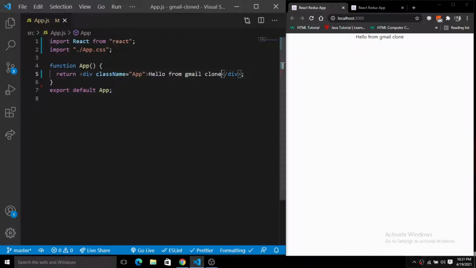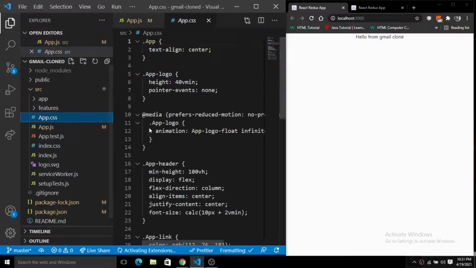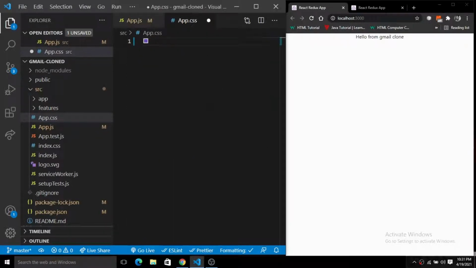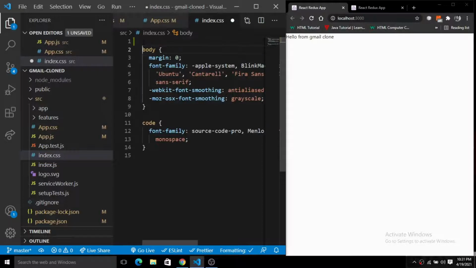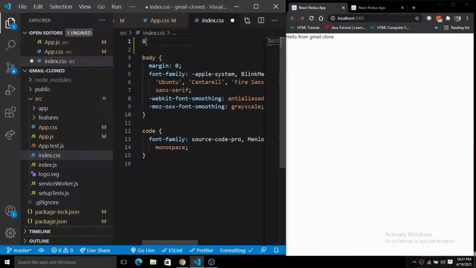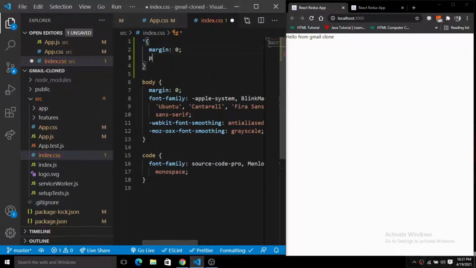So what I'm going to do is simply remove all the CSS from app.js first. Okay, so I'm going to remove everything there. I will add the CSS later, and inside of this index.js I will simply put the margin and the padding for all the pages. So here we will put the margin to 0 and padding to 0, right? And now let's save this.